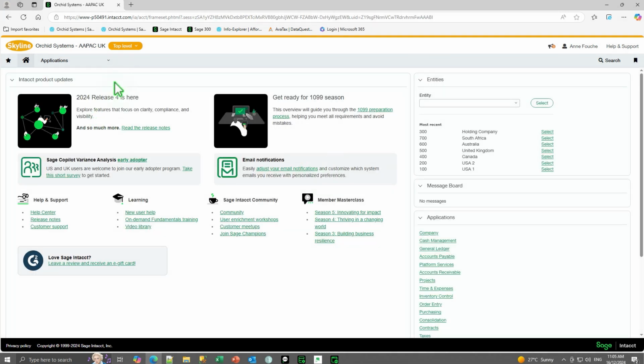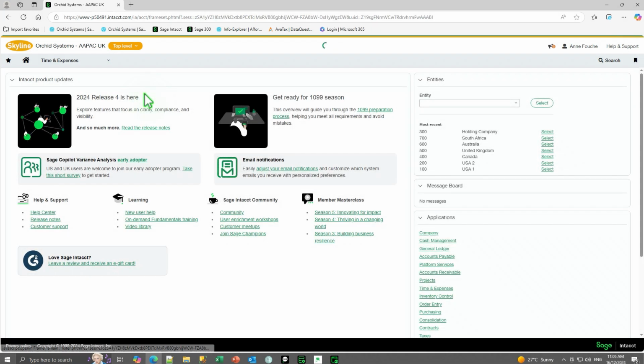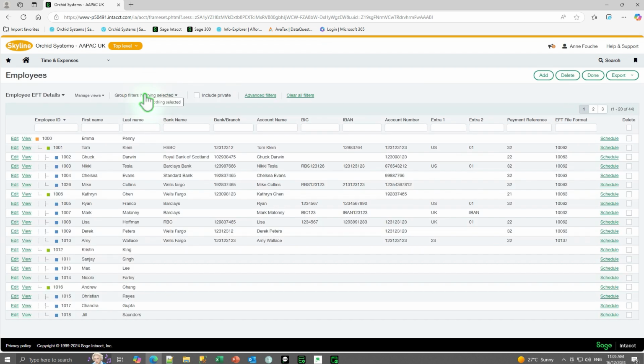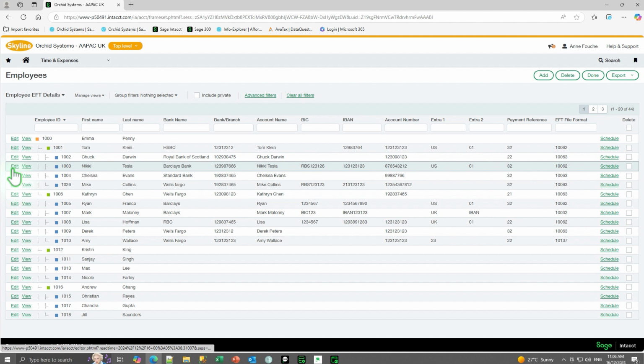And in a similar way, we can configure our employees. So in time and expenses employees, we can create an EFT view, which has the columns that we need for displaying the EFT details in the list view. And if we edit one of these employees